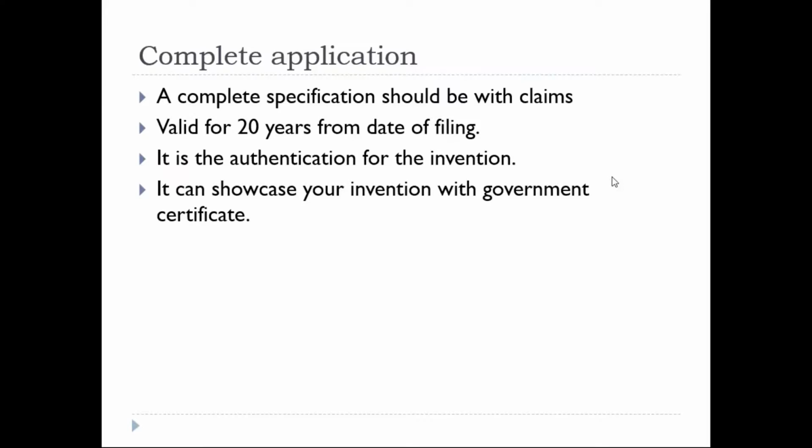During the last day presentation of the case study, I will show how the government authorizes our invention. Like normal registrations, it also has the government emblem. I'll show you in the last class, so don't worry about it. So this you need to understand very clearly here. Claims is the art of any invention, right? Only for complete specification we have publication. Number 3, only complete specification gets the grant. That's it. It's valid for 20 years. As of now you understand this.